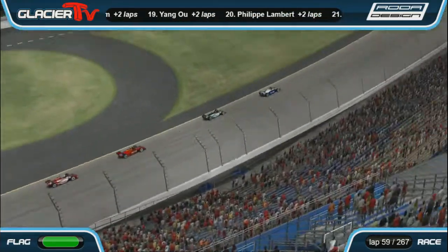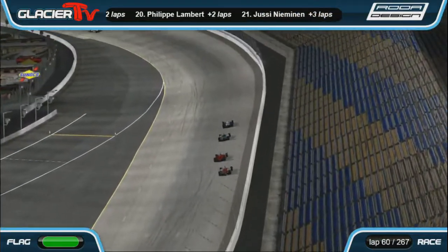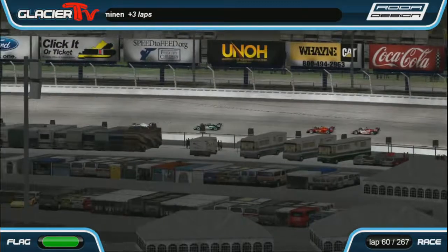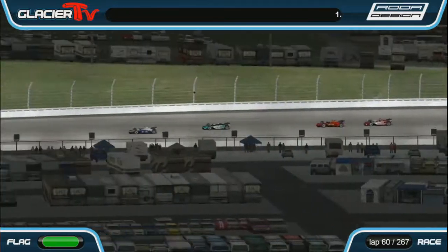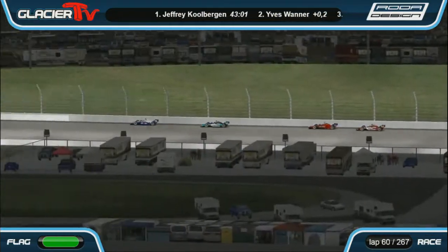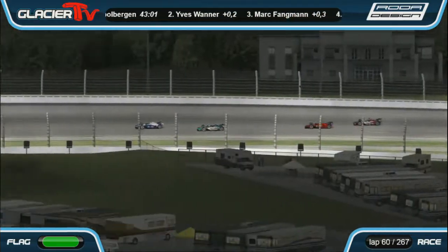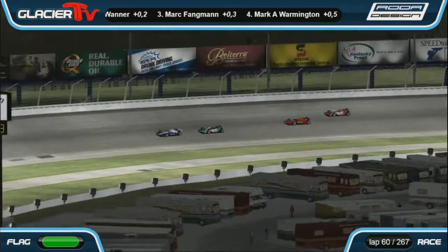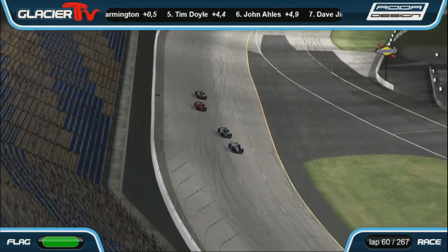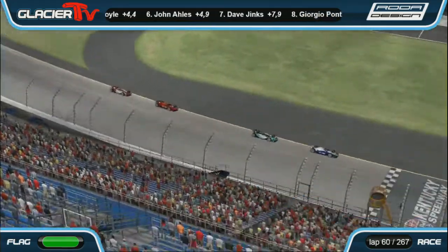Well, with the single file restarts, remember that the next caution that happens is going to gather up that field, so he really doesn't have much to gain right now, because I think it's inevitable there will be another caution. So I think he's playing into that, hoping it's going to happen. Gather up the field, he'll start in 5th position, and that's going to put him right up front with the rest of those drivers. He'll be right on Mark Warmington's back wing,